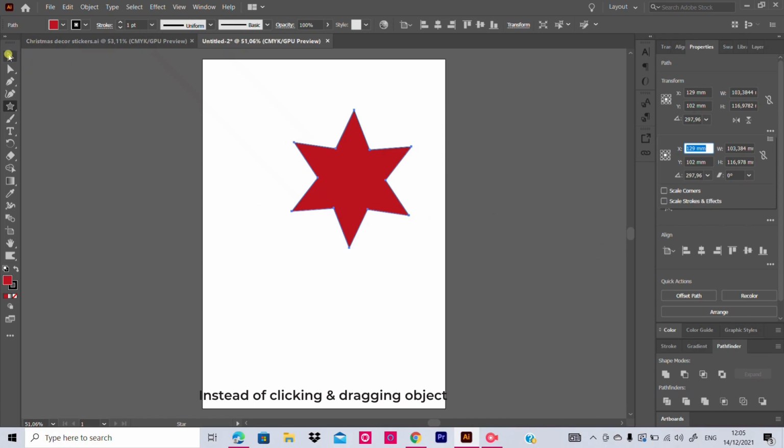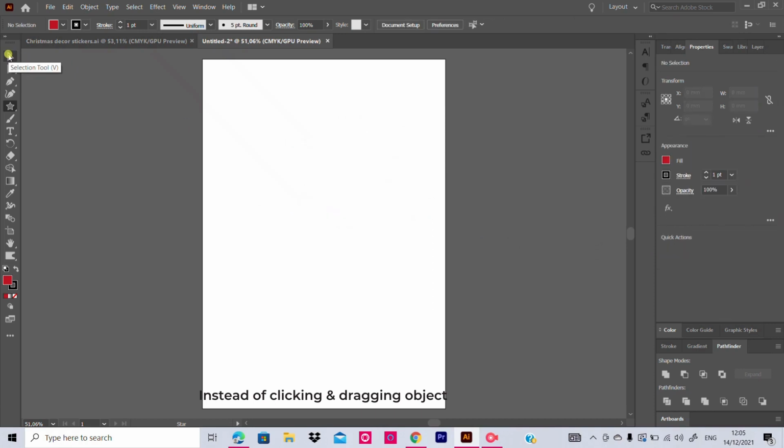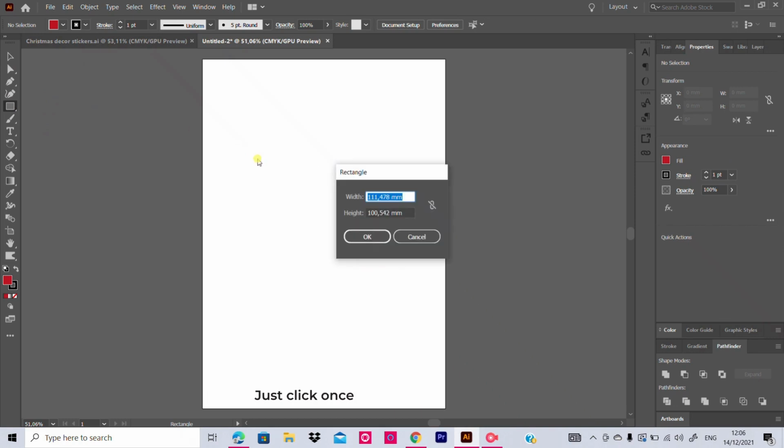Whichever object you are selecting, suppose I'm again taking the rectangle tool, instead of clicking and dragging on the screen, just click it once. So you can see the options are width and height.